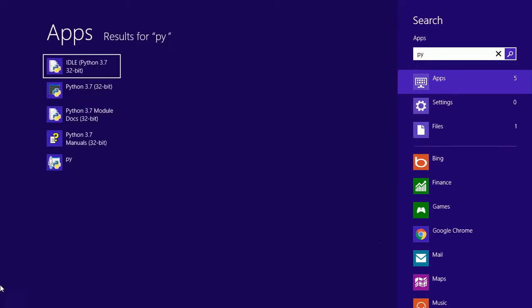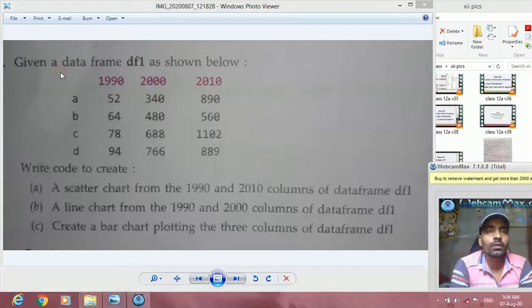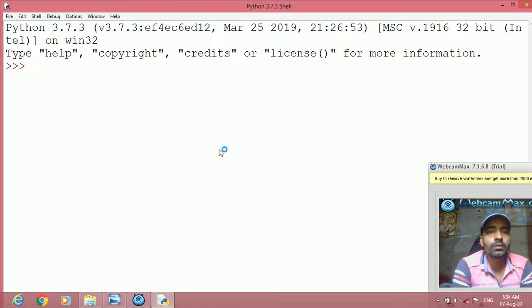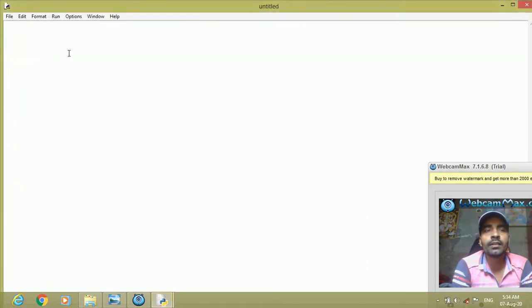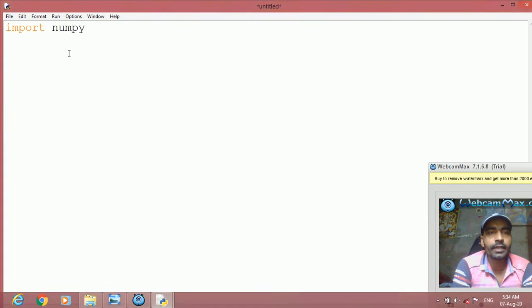Open Python. In Python, open the file in script mode, go on file menu, select new file, then write the code like import numpy as np.